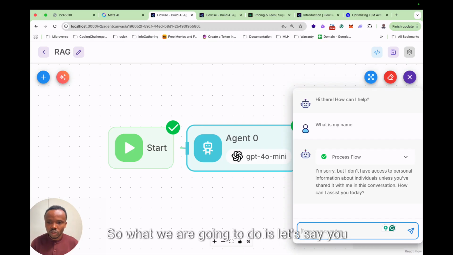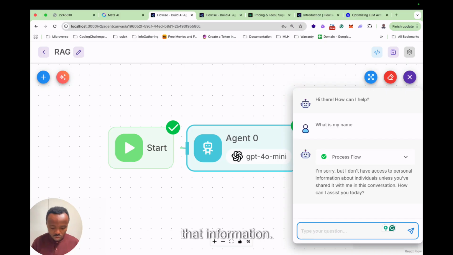So what we are going to do is, let's say you have a company and you want to create a simple chatbot in your company. You have to allow the AI to know that information. So let me ask, what is your